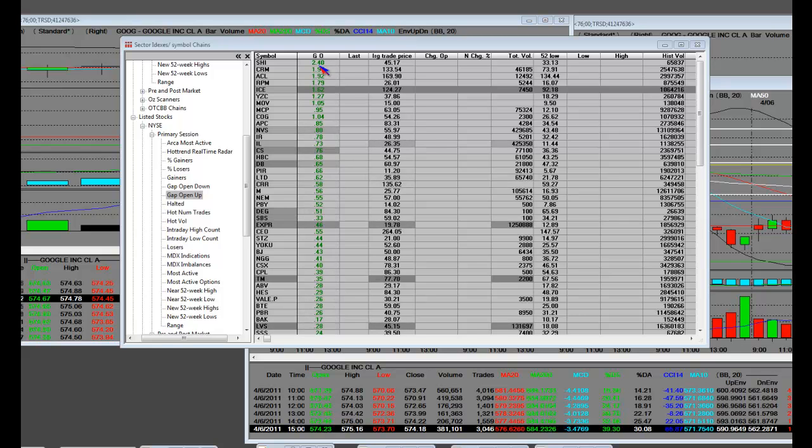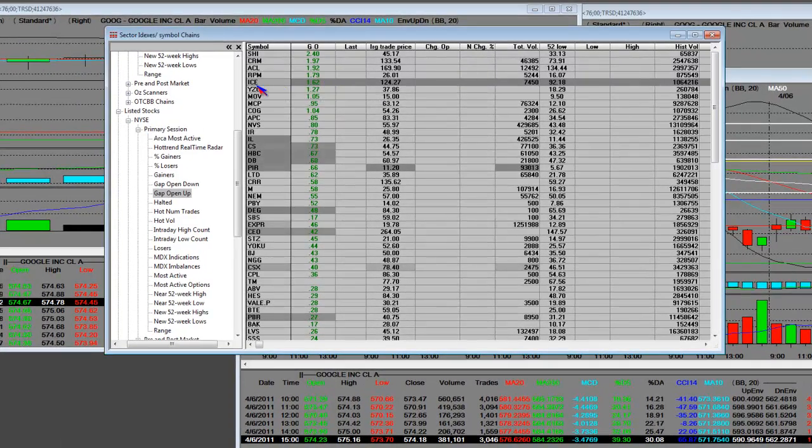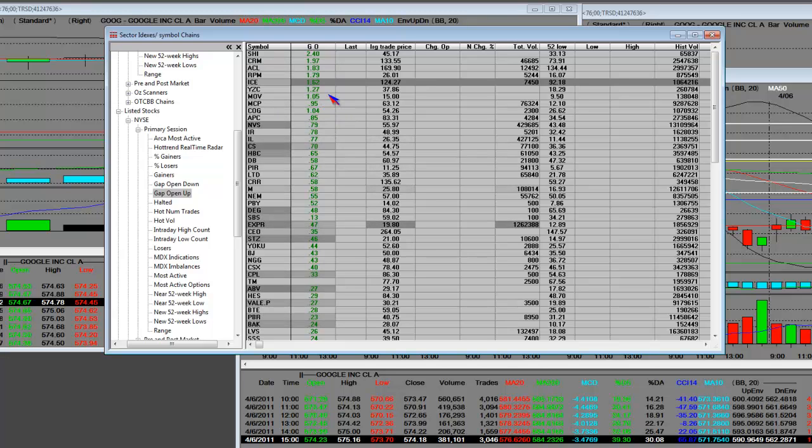So I got a 2.4 ratio on that right here. CRM, 1.97 ratio. ACL, 1.92 ratio. RPM, 1.79 ratio. And we love trading ICE at a 1.62 positive ratio, starting right over here. So basically,